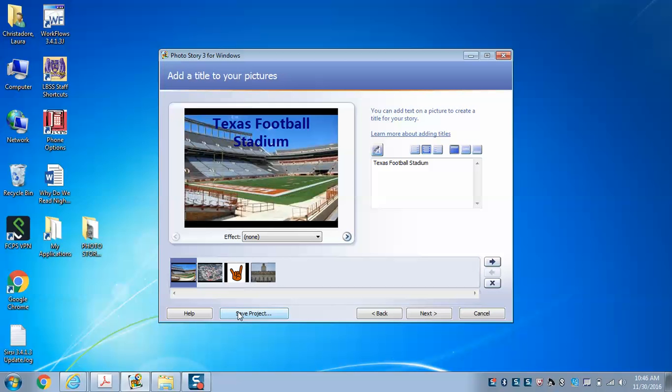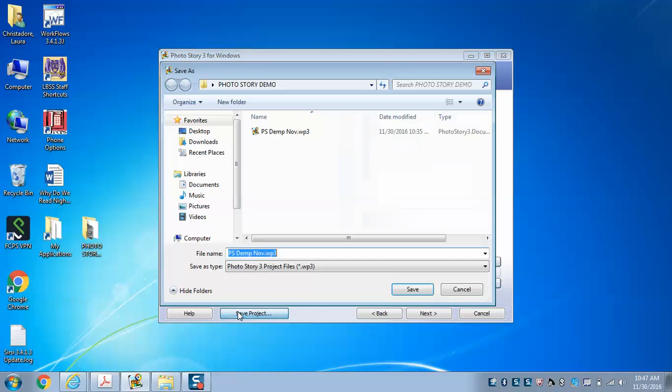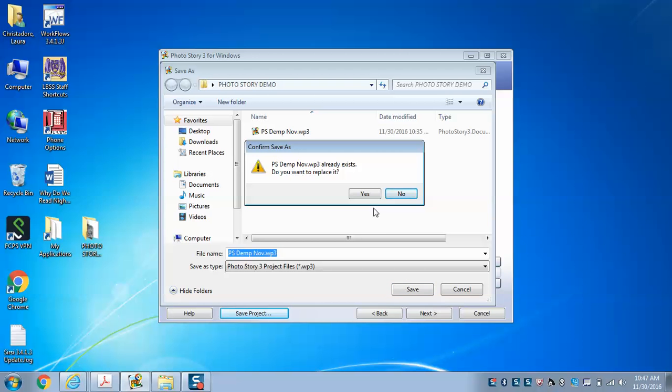Now that I've made changes to even just one of my images, I need to go ahead and save my project, as PhotoStory does not save automatically, and you need to make sure you save every time you make a change. So let's go ahead and do that. I've already stored my project in my PhotoStory folder on my desktop. I'm simply going to click on Save to update it. It's asking me if I want to replace it, and I do